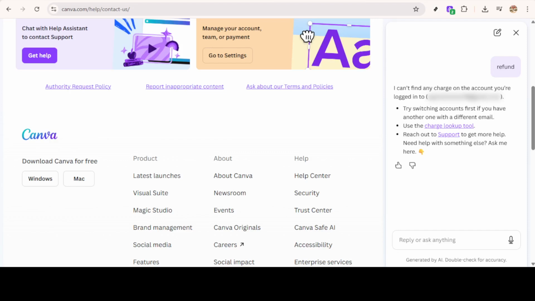That's it. Search for Cancel Canva subscription, open the official Help Center page, click Contact Us, and type refund to